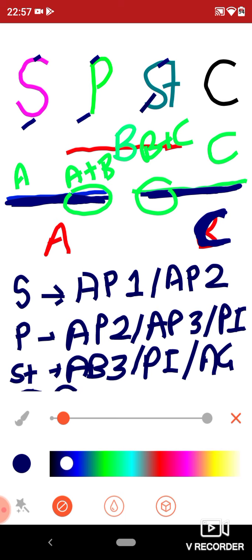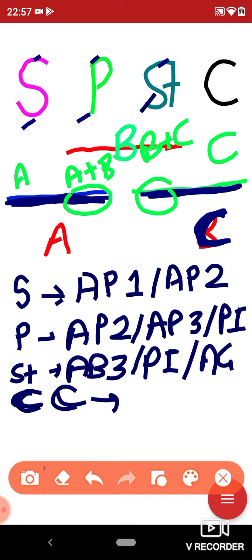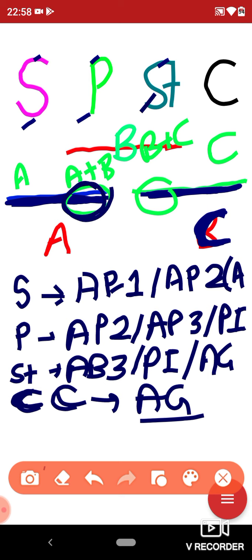For the carpels, this I will note, only the Agamous is required. So this you can also recall or recite again. The sepals are formed from the Apetala 1 and Apetala 2, only the class A gene. Petals are formed from the class A plus class B genes because there is an overlapping region, this region. So Apetala 2, Apetala 3 and the Pistillata. Stamen will form from the Apetala 3, Pistillata and Agamous, that is B plus C genes, and the carpel will form from only Agamous or the class C genes.